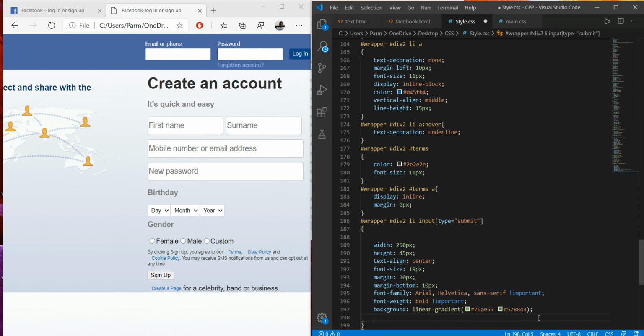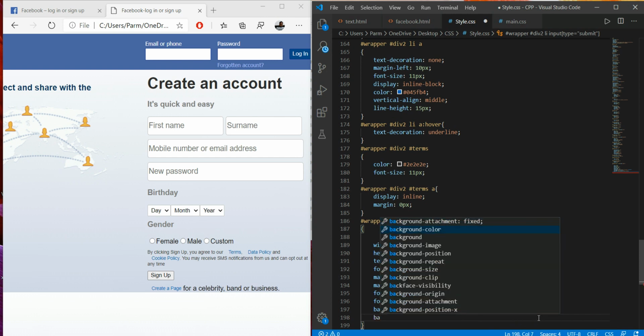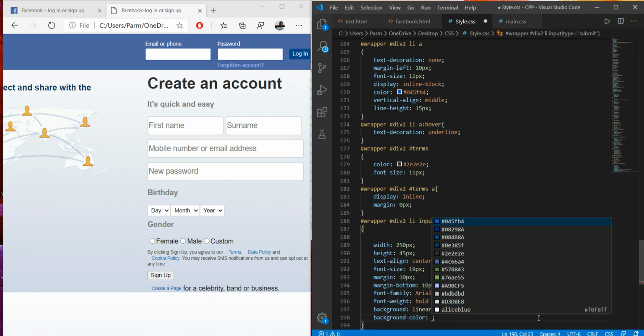Then background color, I just wanted to give its background color as hash 69A74A.